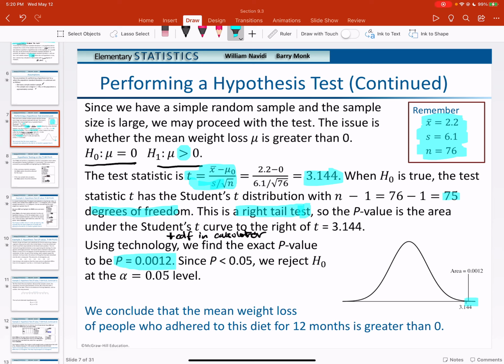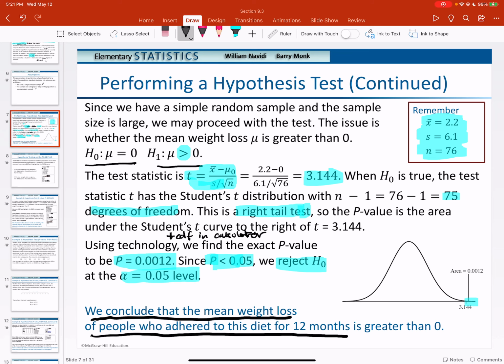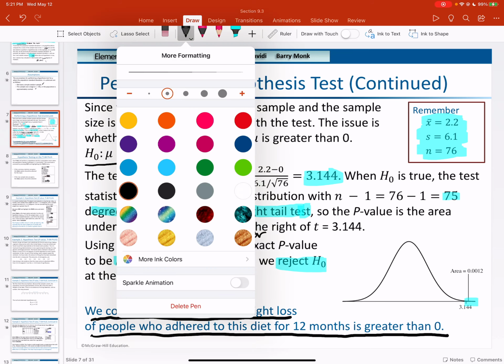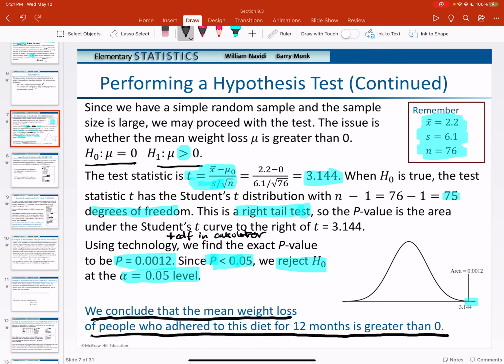0.0012. So what was the level of significance? That was 0.05. So the p-value is less than 0.05. What does that mean? We reject the null at this level of significance. So finally, we reject the null, we support the alternate hypothesis, which is that it's greater than. So we can conclude that the mean weight loss of people who adhere to this diet for 12 months is greater than 0. Okay? Now let's get into the